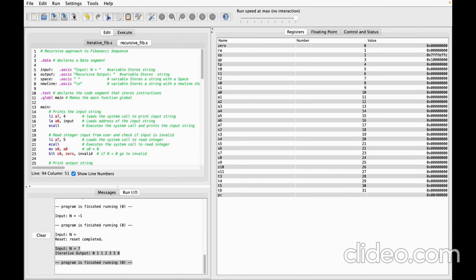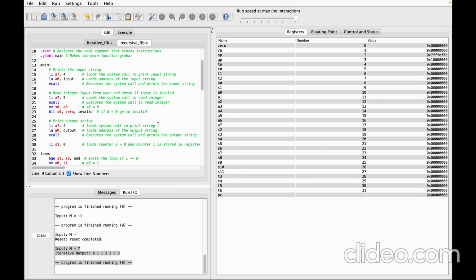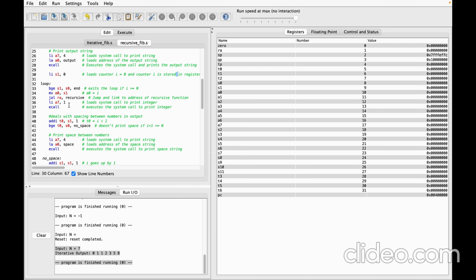For the recursive approach, this is the same except there is no array. The main function is the same: it prints the input string, reads the integer, sees if the input is invalid, prints the output string, and here loads counter i equals 0, stored in the register s1, here in the loop. It exits the loop if i is bigger or equal to n, and sets a0 equal to i, jumps and links